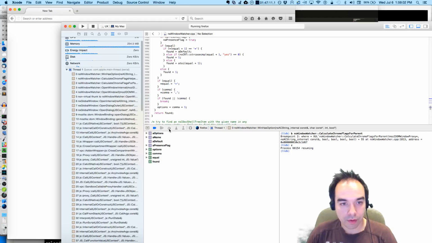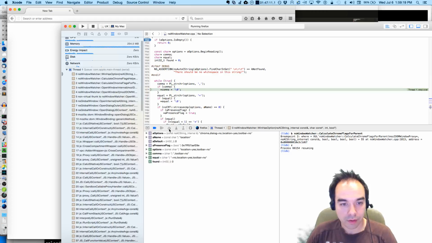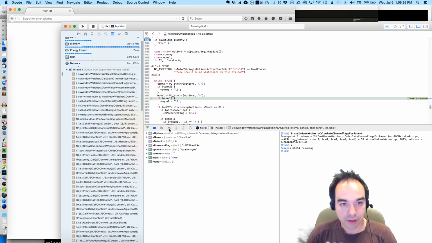Equals no. So the next one is location. Right? Options equals location equals yes. Equal.